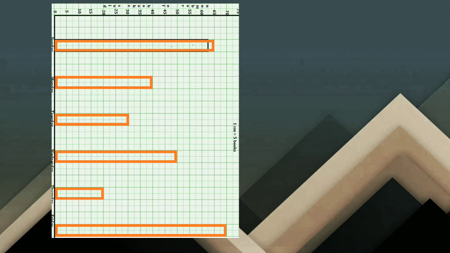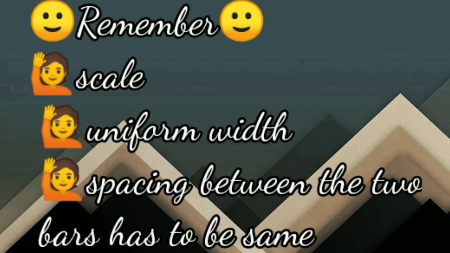It depends on the data. If there are some more pointers, like if 12 months of sales are depicted, suppose here we have taken Sunday to Friday, and instead it is represented by 12 months, so definitely you have to go with the data in landscape form. You will have to go a little into landscape. You have to take that longer one as the x-axis and the vertical as the y-axis, and the scale will definitely be different here. So this is the way a graph is drawn.